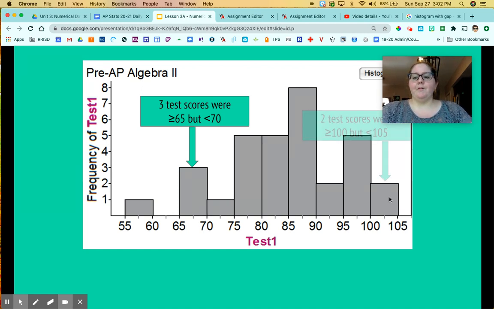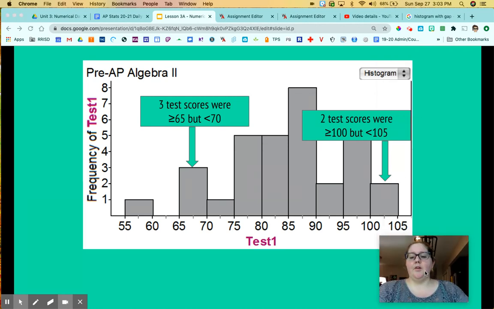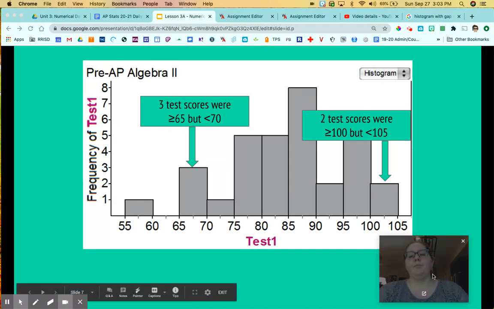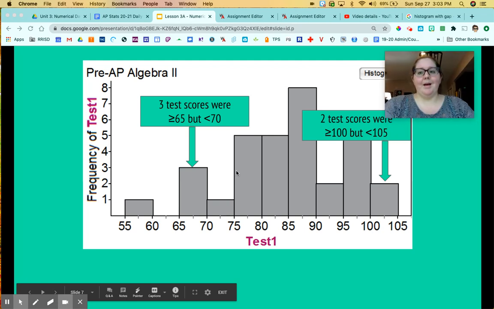This last bar over here is between 100 and 105, and it has a height of 2. So that would mean that there are 2 test scores that are greater than or equal to 100 and less than 105. Okay, so remember, keep in mind with a histogram, we don't know exactly